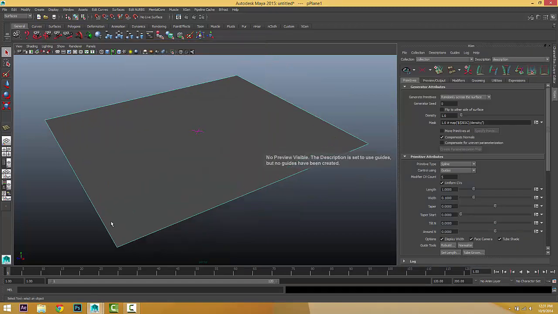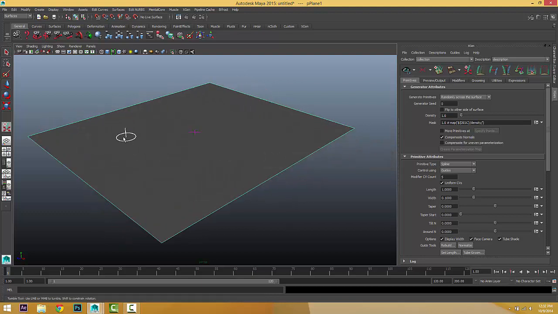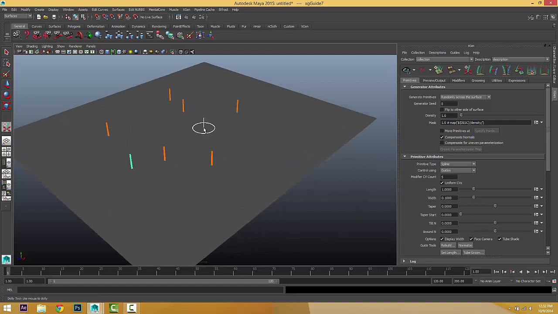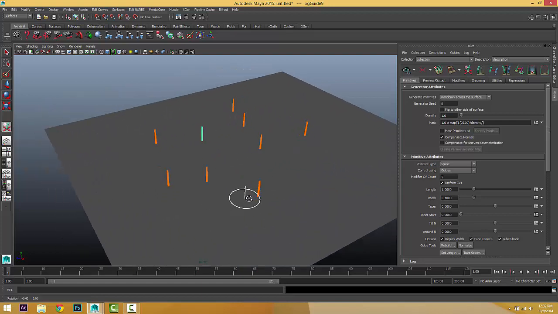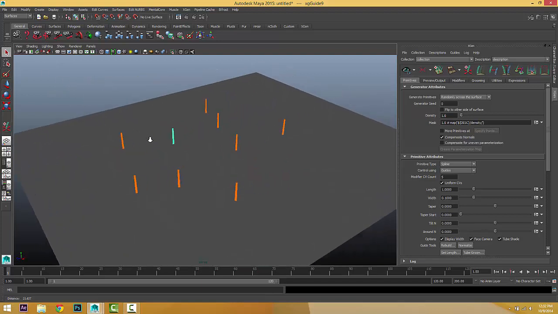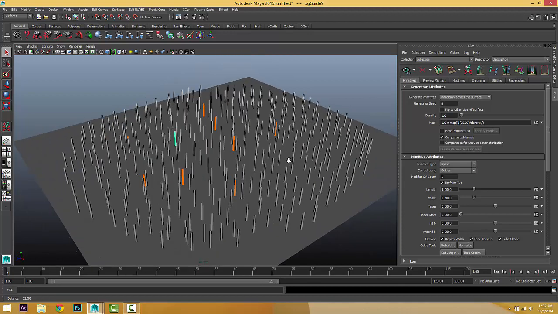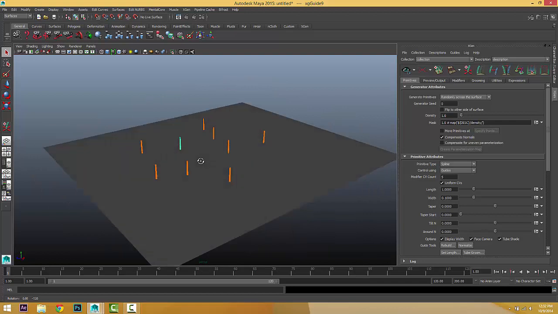Here we go, go to Place Guide. After we placed a few guides, maybe something like that, we've got a few guides here. Just update, and you can see the primitives all over the surface. Let's just hide it.